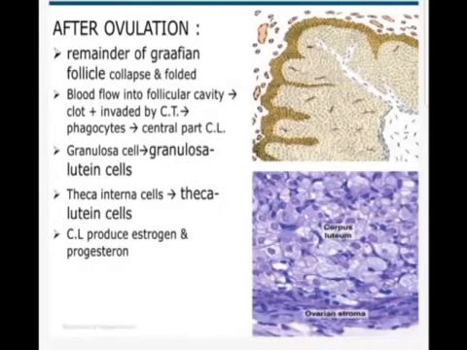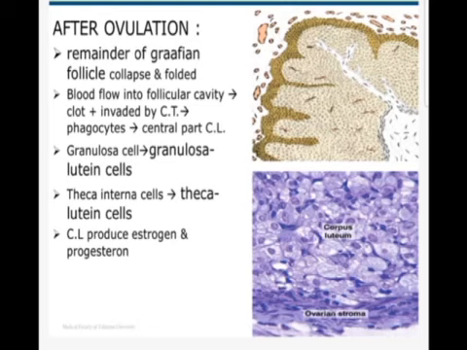After ovulation, the ruptured follicle does not degenerate at once, but is transformed into a glandular structure, and this is called the corpus luteum, that is, the yellow body. When the follicular fluid is released under pressure, the follicle collapses and its wall is thrown into deep folds. These are the deep folds. Bleeding from the capillaries of the theca interna into the follicular lumen usually leads to the formation of a central